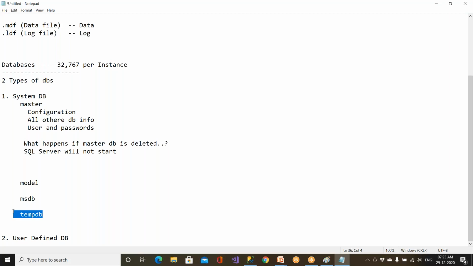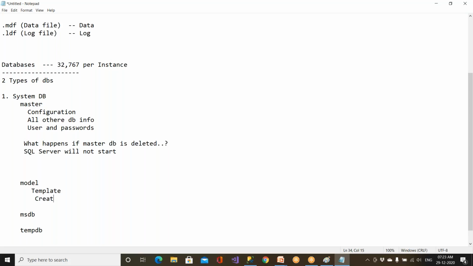So those extra, temporary sheets or temporary tables will get created in the TempDB database, which is a global resource. Global means all the people who are connected to the server can use TempDB space. If you want to sort the data, do some extra calculations, that can be done in this database. As soon as you come out of the server, the tables and everything will get dropped permanently. Clear? So this is what is called TempDB. Model database is a template database. We can use this when you create a new database. So we'll discuss them later, not now.